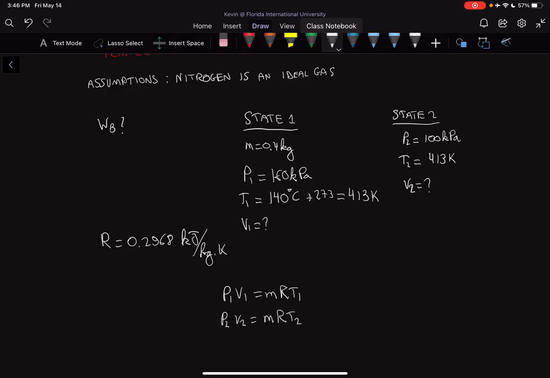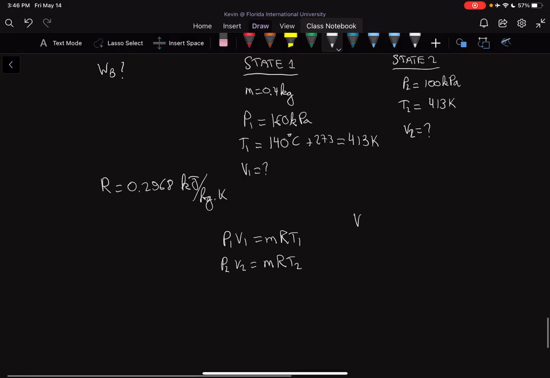And from this, we can now rearrange it to find volume. So V1 is just equal to MRT1 over P1. And if you do the math for this, you'll get that this is equal to 0.3064 meters cubed. And V2 would be equal to